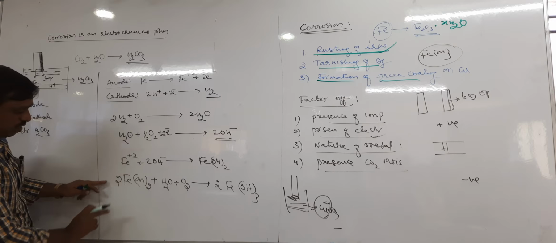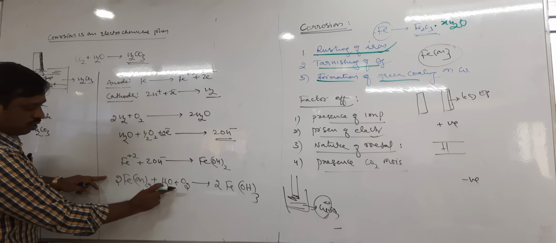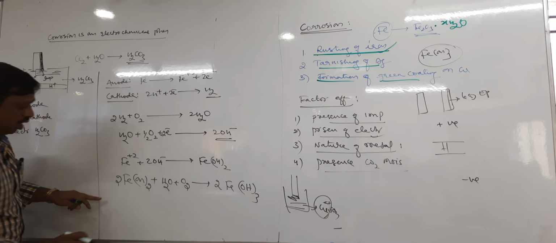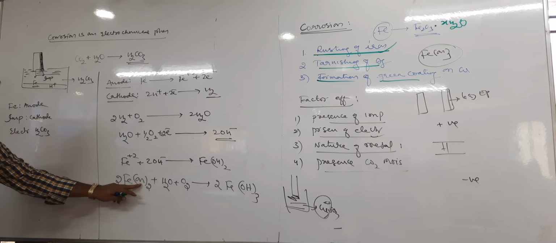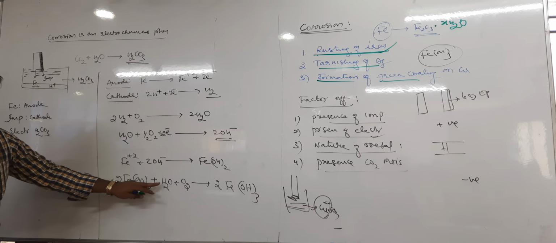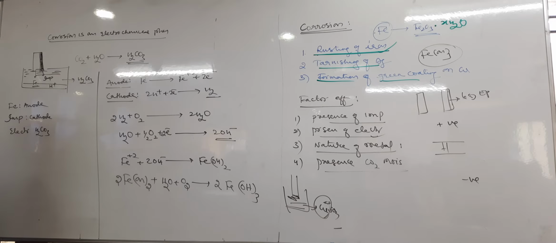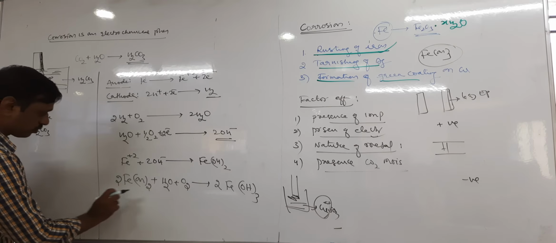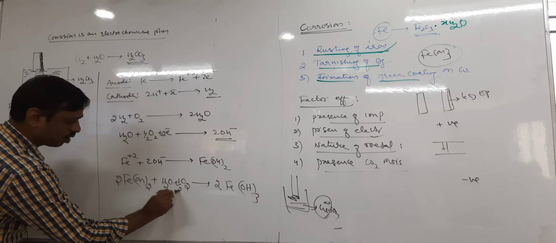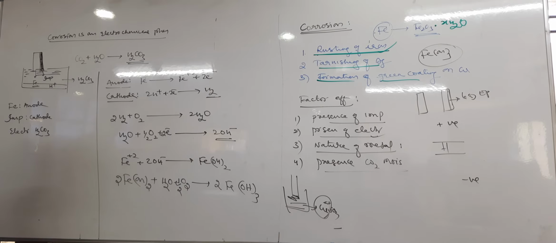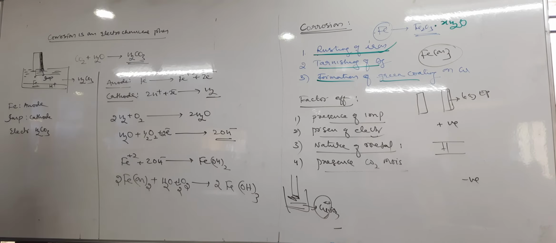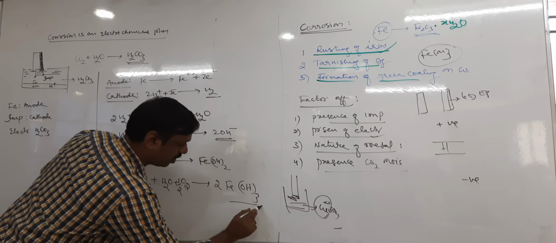Oxygen, you check the oxygen. 2 to the 4. Here is 6. Balanced or no? Hydrogen balanced or not? 2 to the 4 hydrogen. 4 plus 2, 6. Balanced. Oxygen not balanced. Take half. Now balanced. 4, 5, 6. Okay. So therefore it is a ferric hydroxide, right?